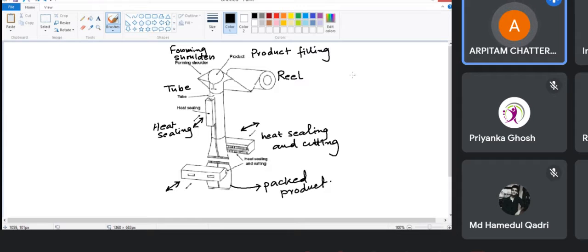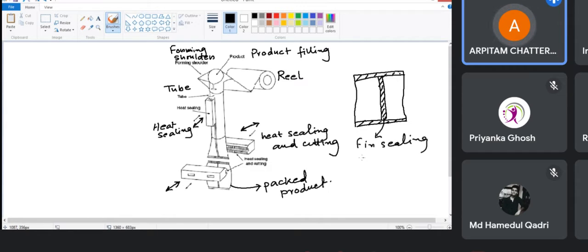The best way to identify whether it is horizontally sealed or it is vertically FFS, the easiest way to do it: in case of vertical FFS you will get this top seal, you will get a bottom seal, and you will always get a side seal. Inside also you will have a sealing. There are different types of sealing over there that I will tell in the other classes. We can have something called fin sealing, we can have something called overlap sealing.